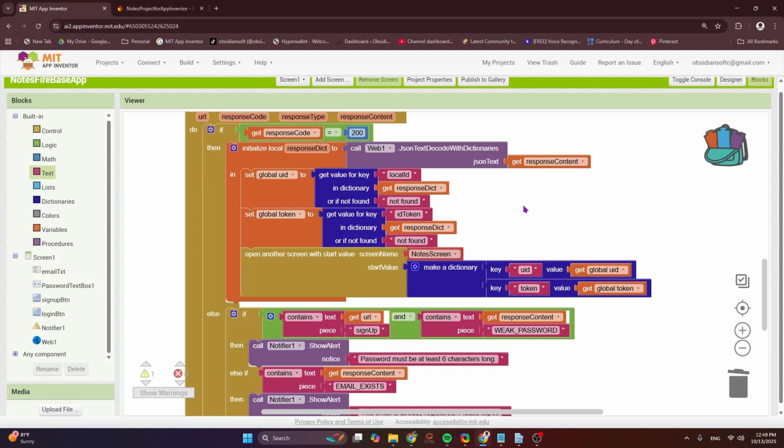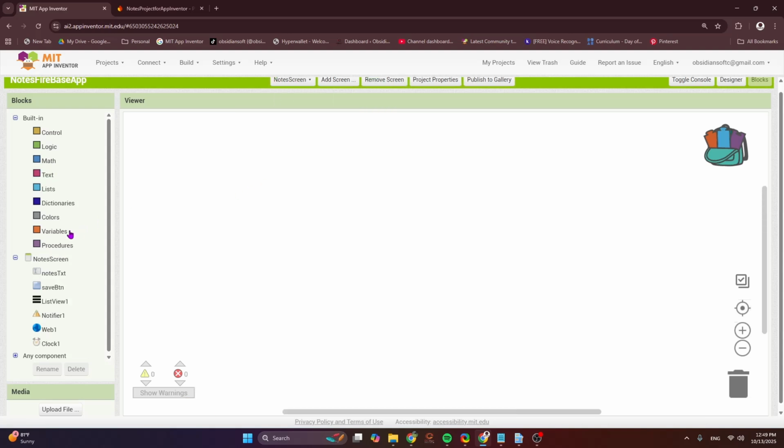Today we will complete our Notes Firebase app, in which we had completed the authentication part in the first tutorial, and now I'm just going to work on saving and loading notes to your own specific area. That is, you're only able to view your own notes and not someone else's notes. Okay, so choose the note screen and we need a global variable